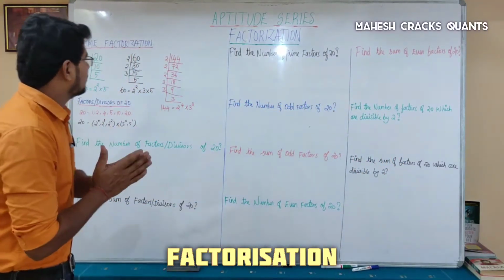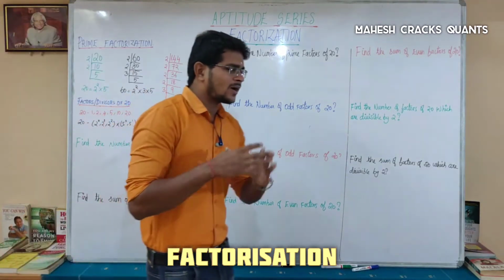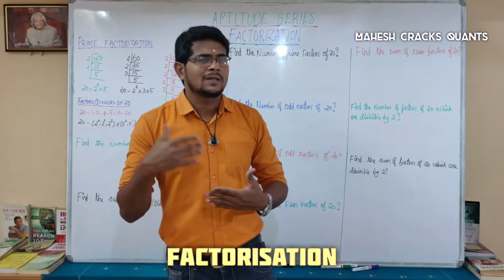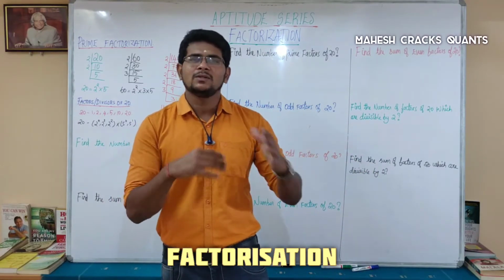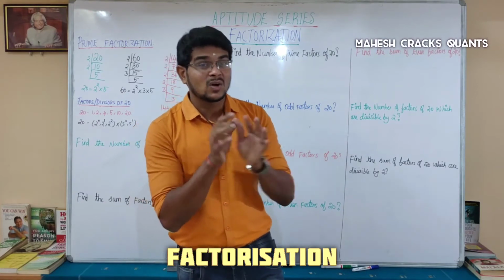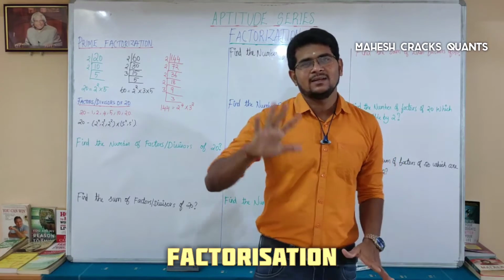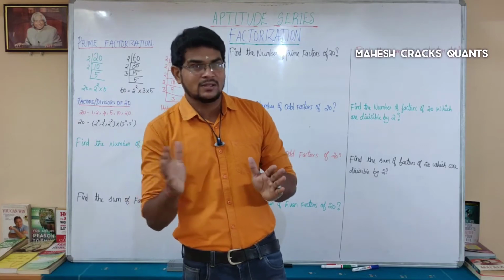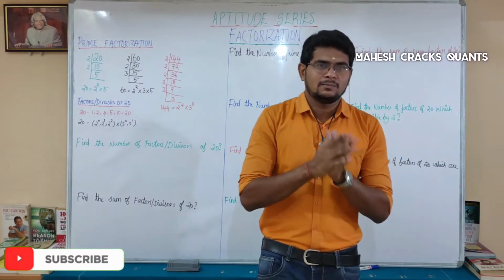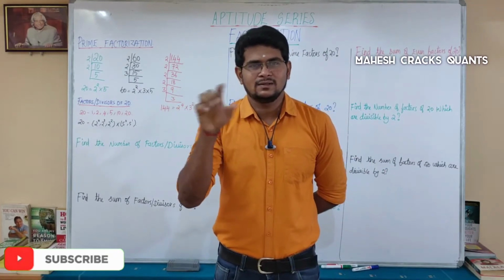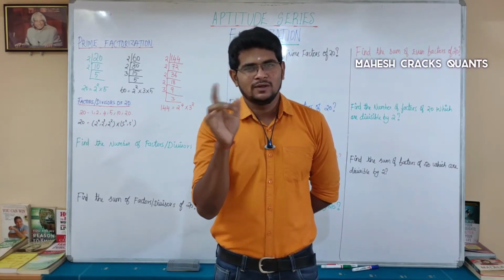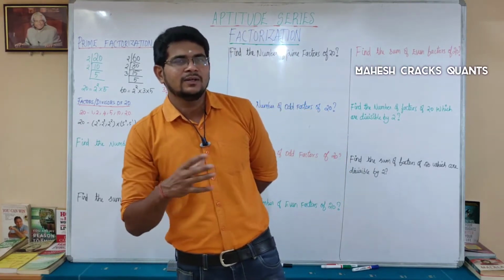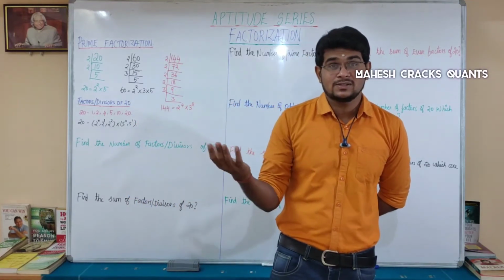The first thing you need to know is that factorization is nothing but writing a number in the form of a product of prime numbers. So it is named prime factorization. For example, take 10. You have to write it in the form of prime products. What are the prime numbers inside 10? First you take 10. 2 is a prime number. You take 2, remaining 5. So 2 into 5. You cannot take anything from 5. So 2 into 5 is the prime factorization of 10.